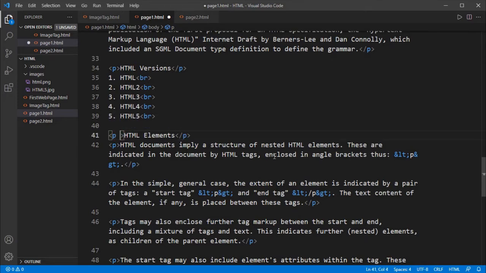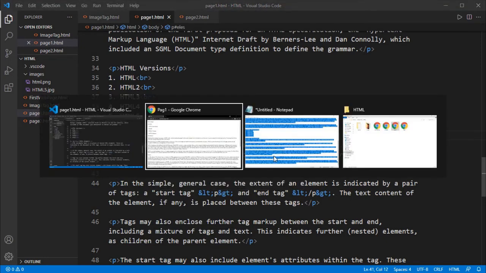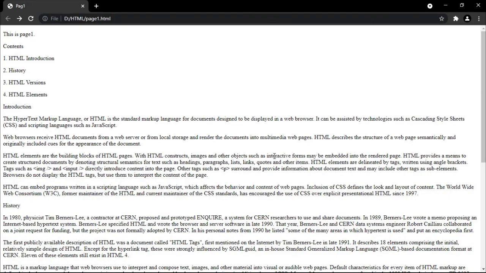There you can use the id attribute. So id equal to the identification name of the hyperlink which we have given at href. So there is ELES, the identification name of that HTML elements. Now have a look into the output.